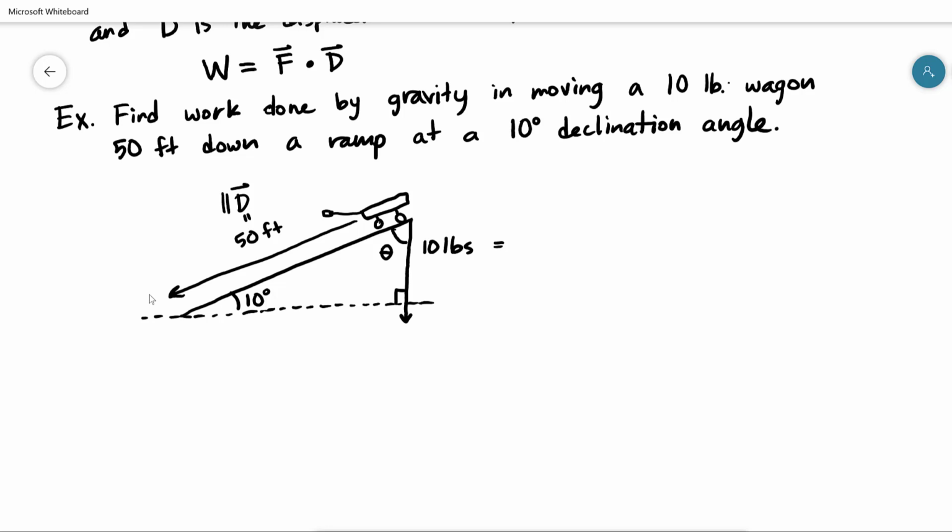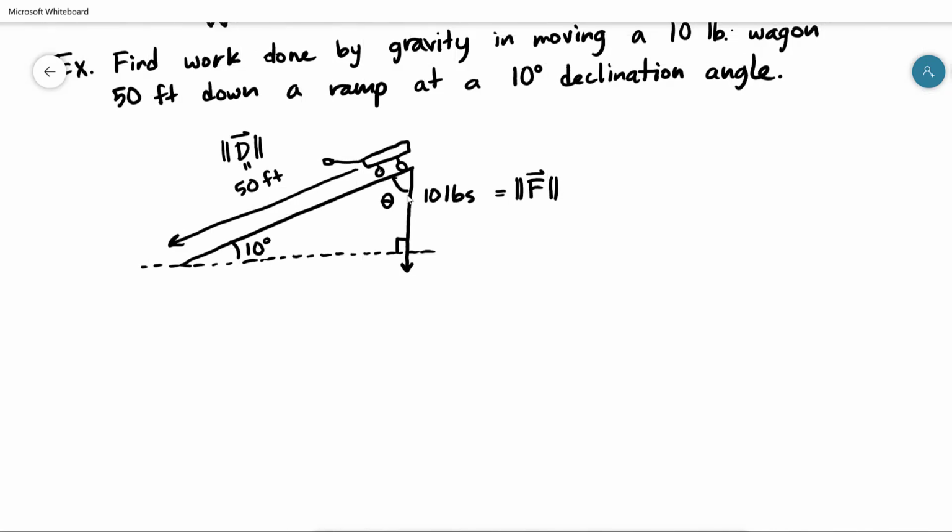So here's the magnitude of the D rather, and over here, here's the magnitude of the force acting on it, and they point in those two directions. The displacement vector is along the ramp, and the force vector from gravity points straight down. That's the direction of gravity, and these are the two magnitudes of those two vectors. Okay, so